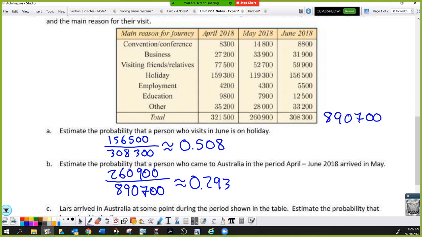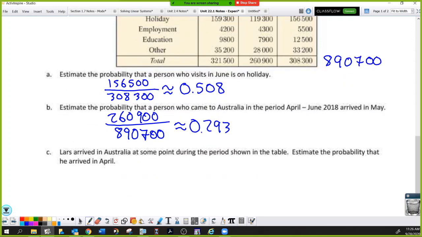Part C, is this the last part? Lars arrived in Australia at some point during the period shown in that table. So Lars got there sometime April, May, or June. We're just not sure. We want to estimate the probability that he arrived in April. So the probability that he showed up in April was 321,500 over